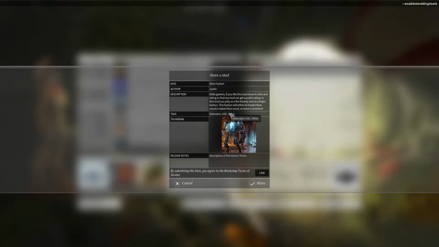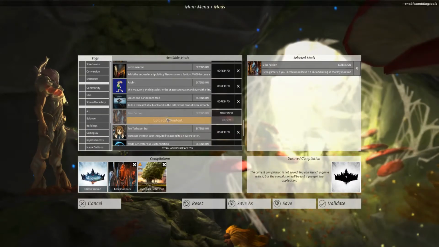You might be able to change the tags here. Actually, that's the other thing I don't know how to do. I don't know how to change the tags. And you can also change the release notes right here. But yeah, so then you click on share, and when you click on share, it's going to update it